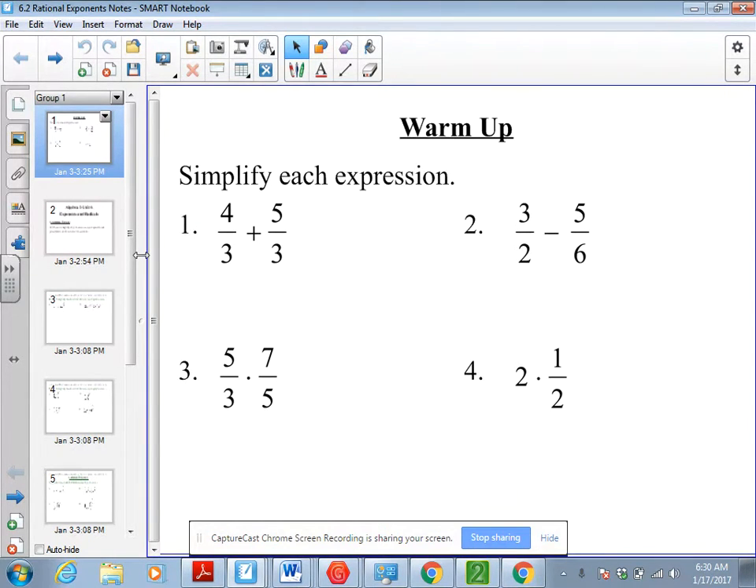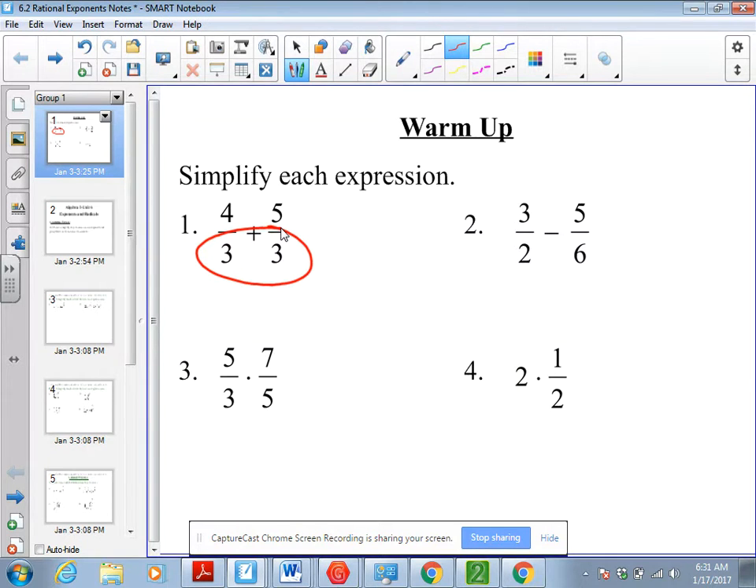Today we are talking about rational exponents, and rational is a fancy word for fraction. Before we get into them as exponents, we're going to do a little recap on how to combine them using different operations. Looking at number one, if I have 4/3 plus 5/3, if I am adding fractions, my denominator has